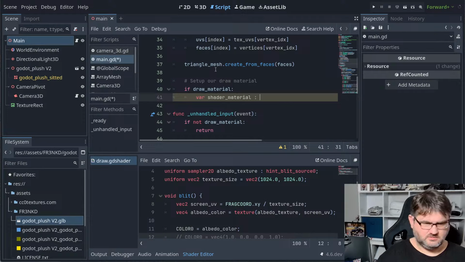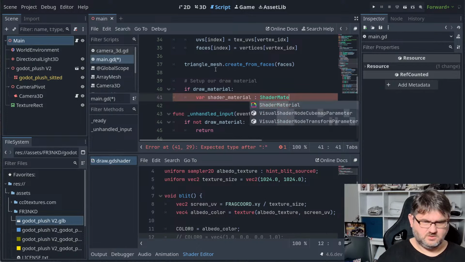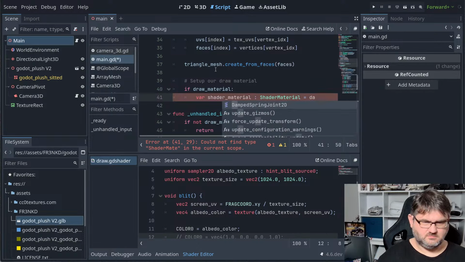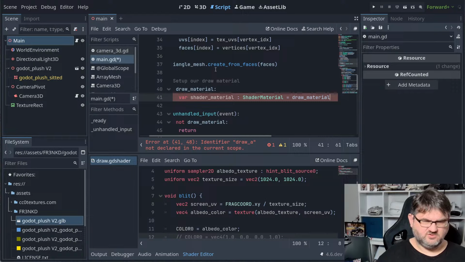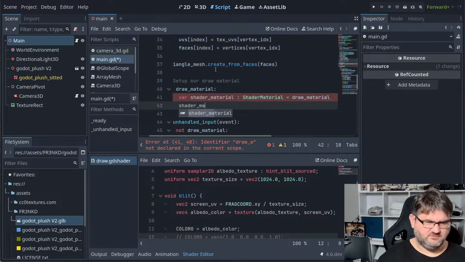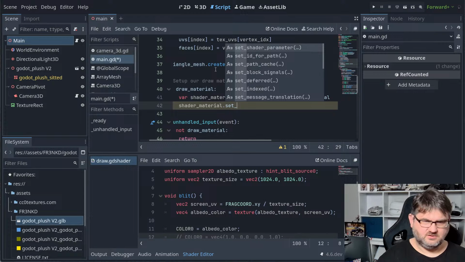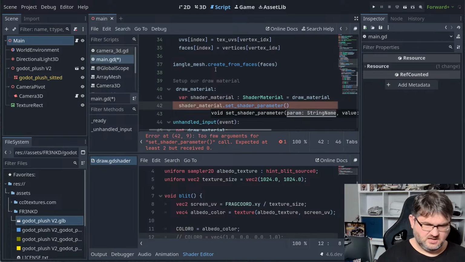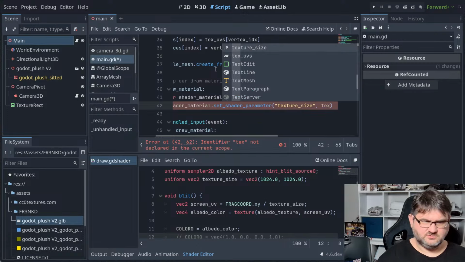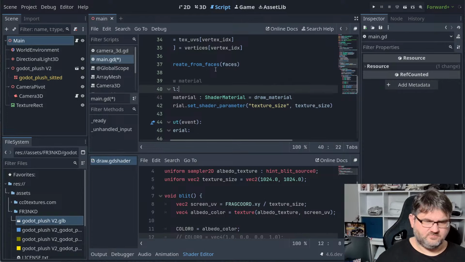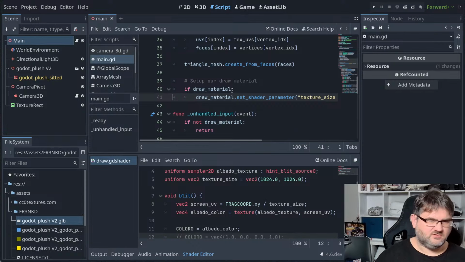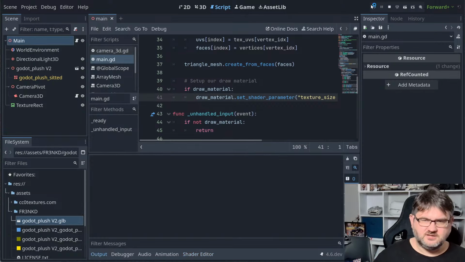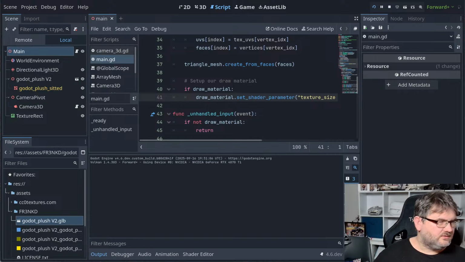Cast it for now. Just doing this so that the autocomplete works in our favor. That's shader parameter, and we call that texture size. And we're going to set that to texture size. There we go. And now I actually don't care about this anymore. We're just going to do that. I'm just going to rely on duck typing. Yay! All right, so